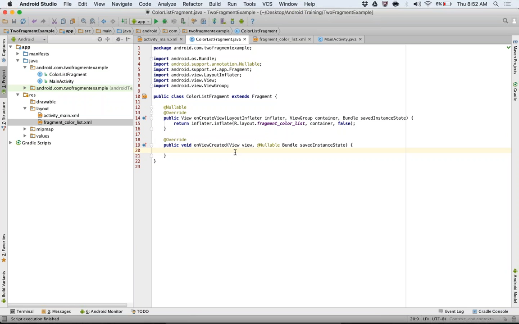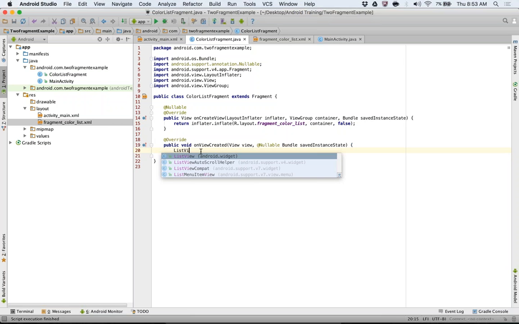Basically, onCreateView is a method where you write all your UI logic, how to display and show the contents. And onViewCreated acts like an onCreate, where you write all your business logic. You can see in onCreateView I am putting the logic for showing the fragment color list layout. Inside onViewCreated, I'm going to take the reference of the list view,